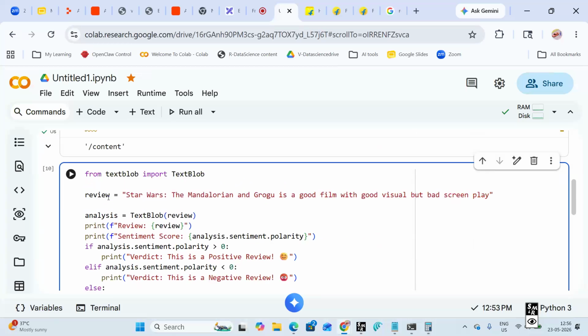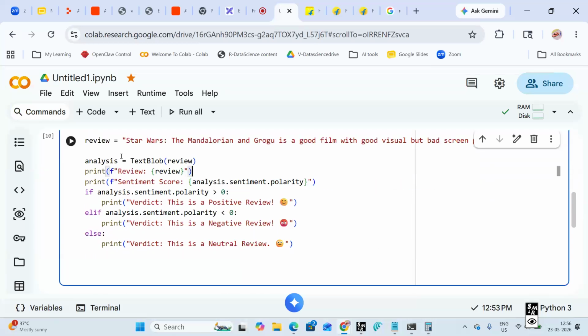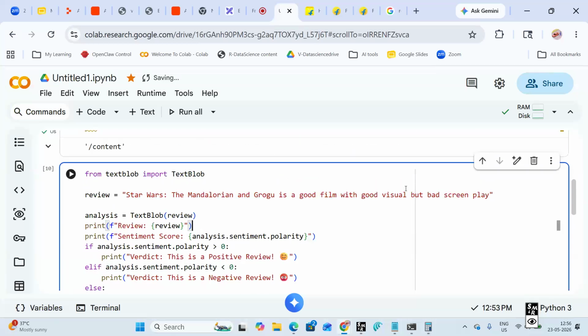So here review is a string. In any programming language, remember, if it is under quotes, we call it a string, and this is a variable.